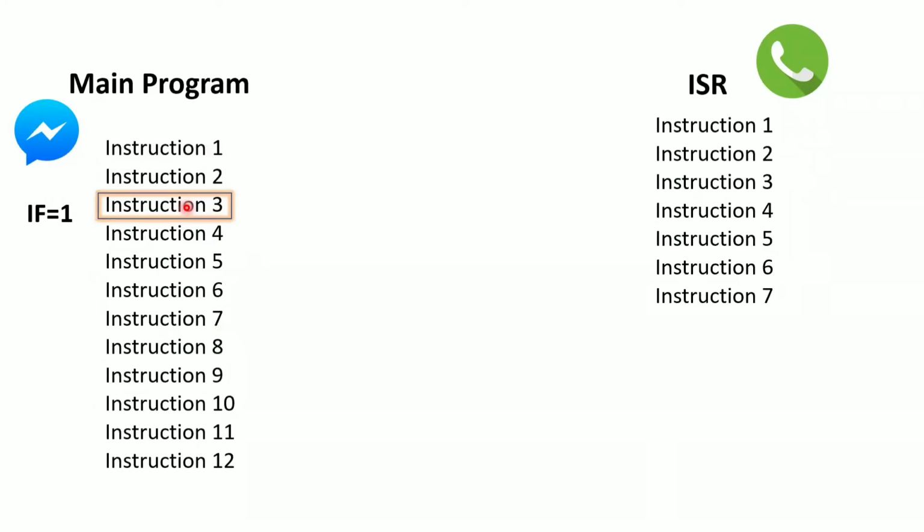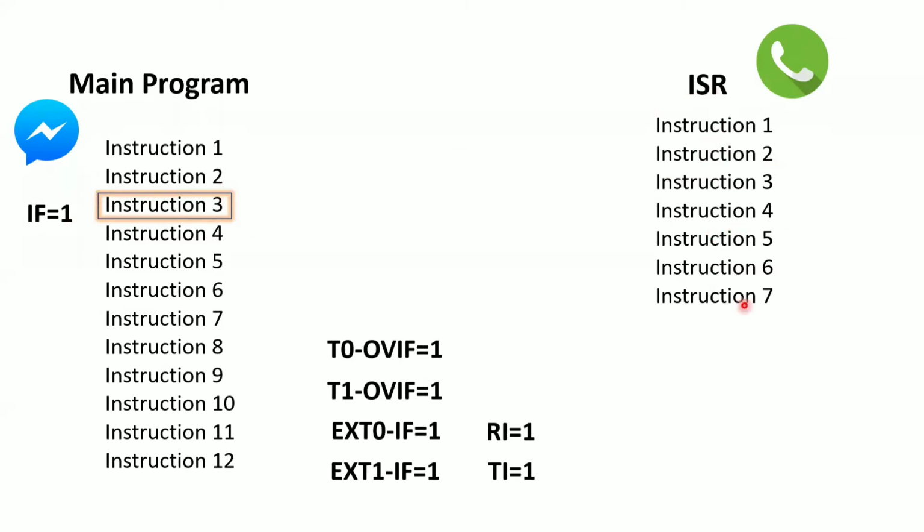I told you every time I discuss interrupts, in serial communication or timers, in any manner, that whenever an interrupt occurs, automatically an interrupt flag is set to 1. I'm repeating this point again. The processor will see this interrupt flag, and if it is 1, it assumes the interrupt has occurred. Now the processor wants to execute the interrupt service routine, that is your call. The processor will go to that ISR, execute the program and come back here, right?